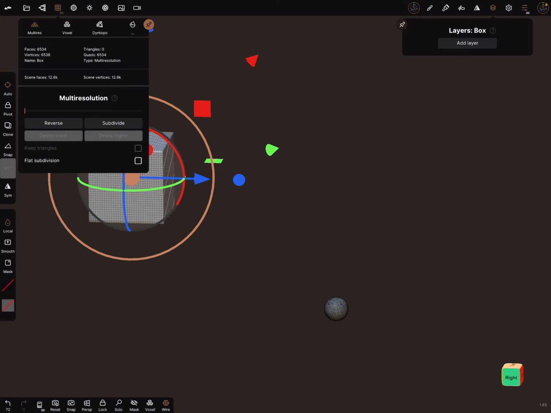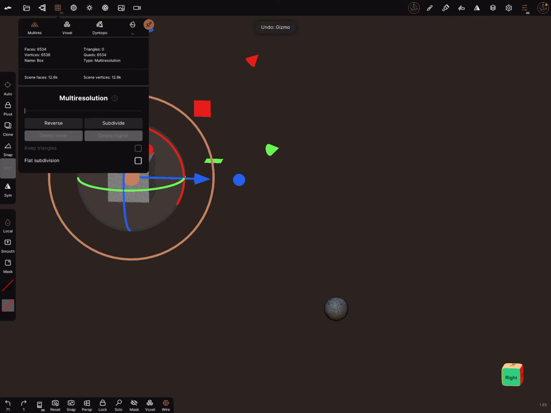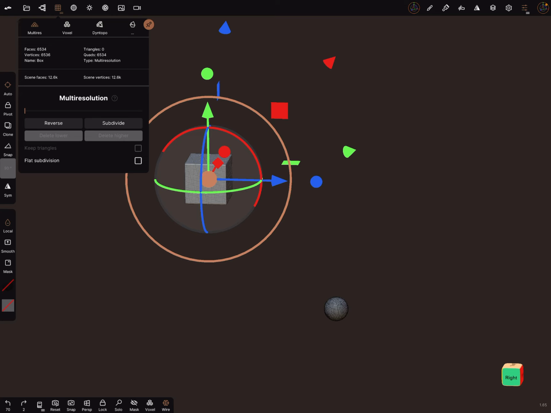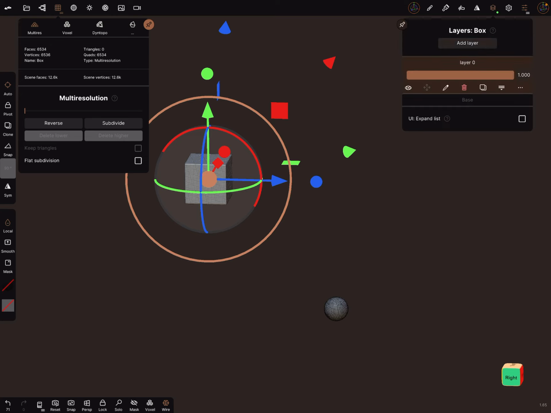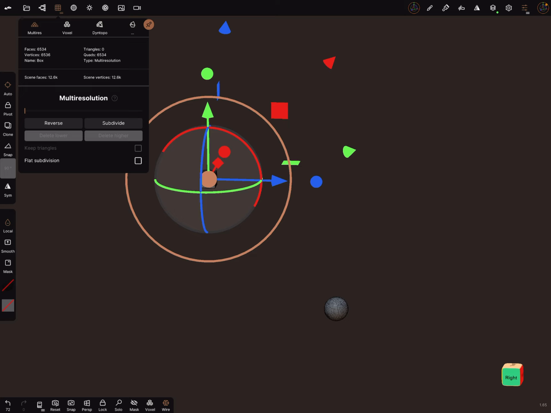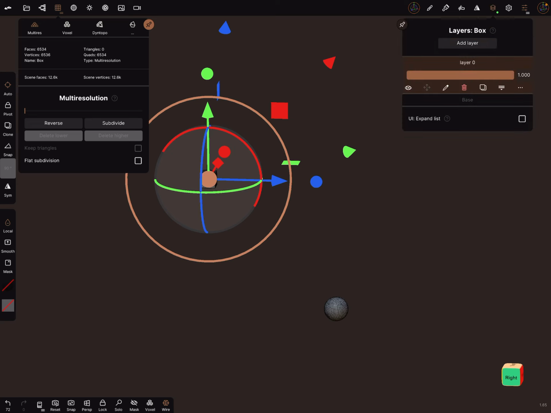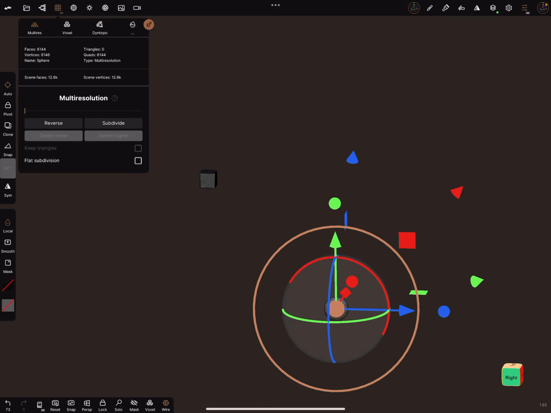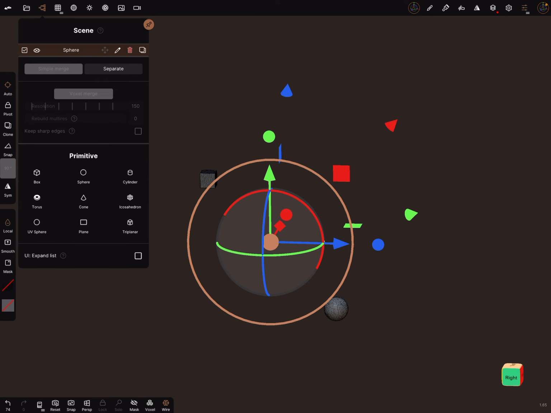Okay, sorry, I go a few steps back. I add here also a layer for the box, and okay, and now this layer is here and these two layers are here, and now you can here simple merge the objects,